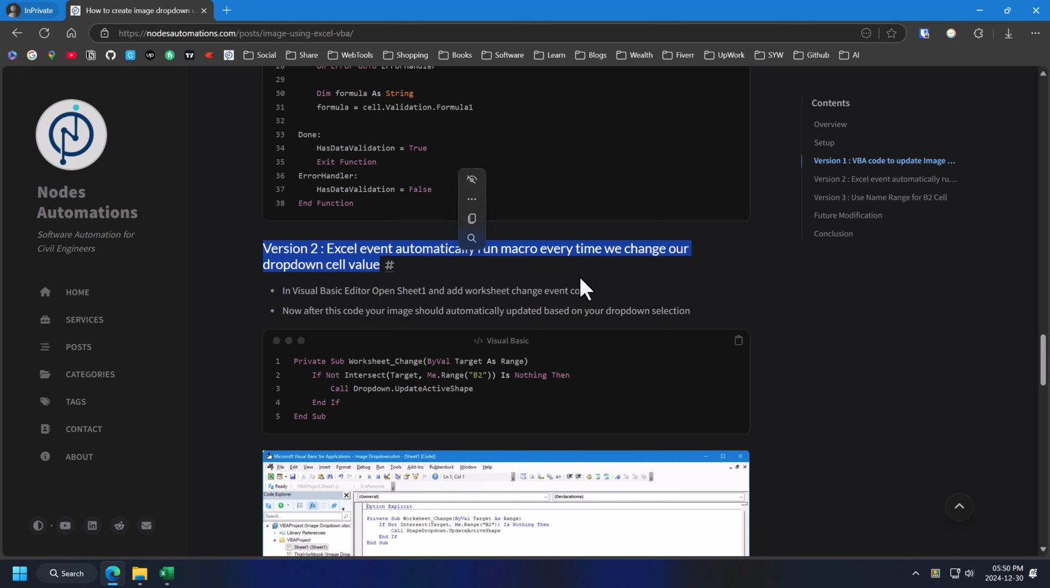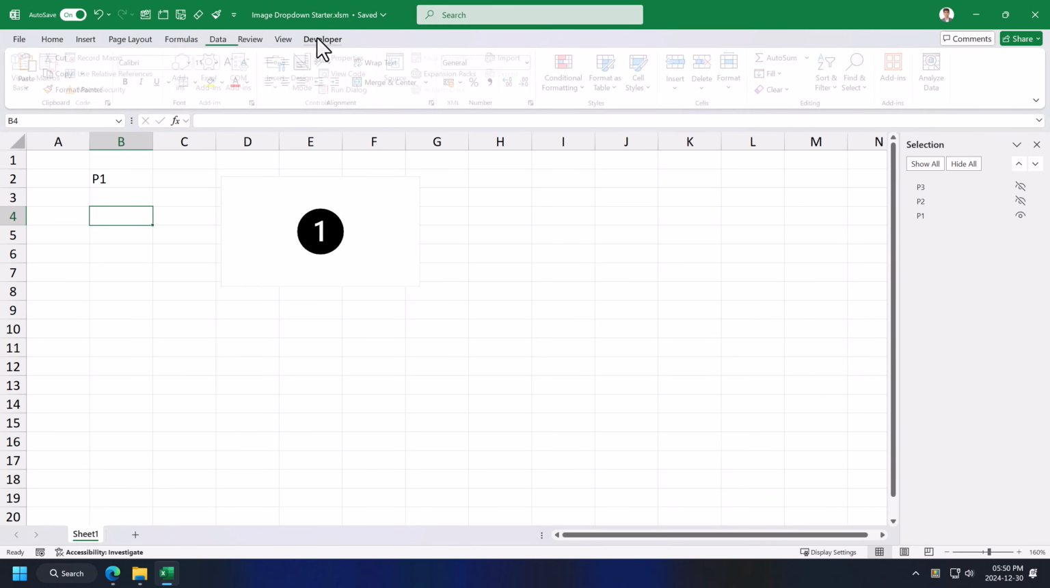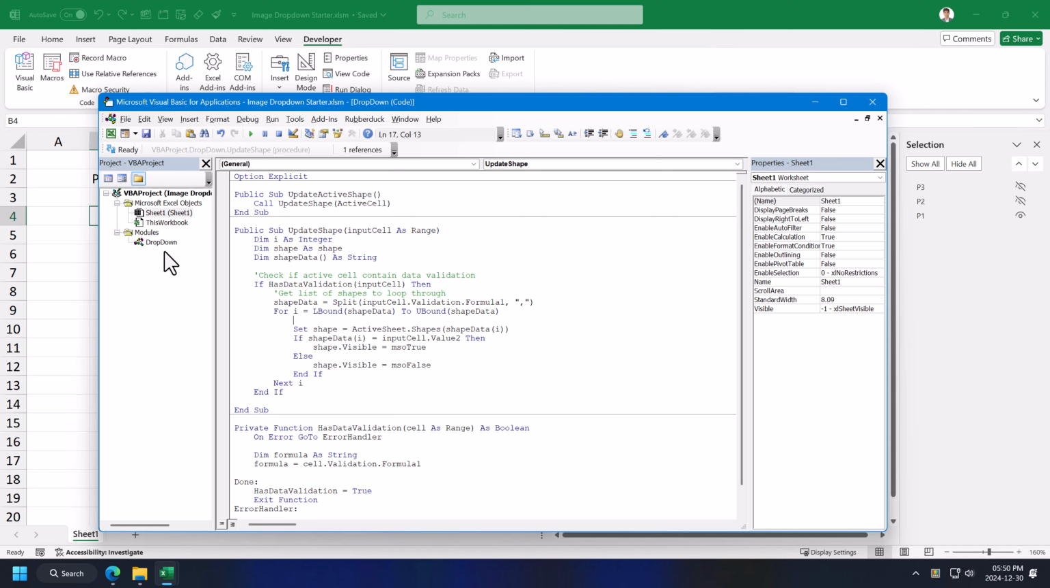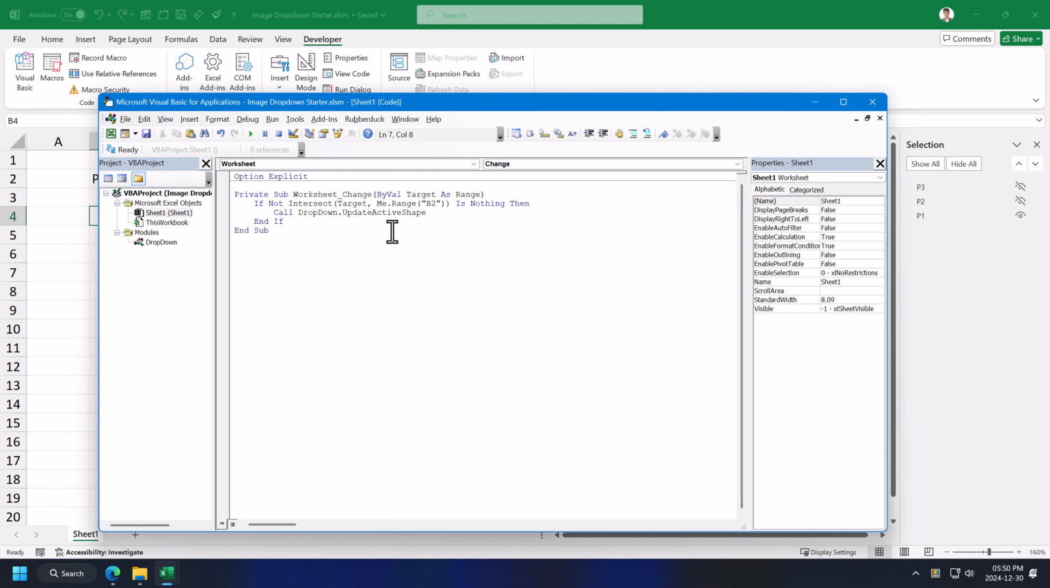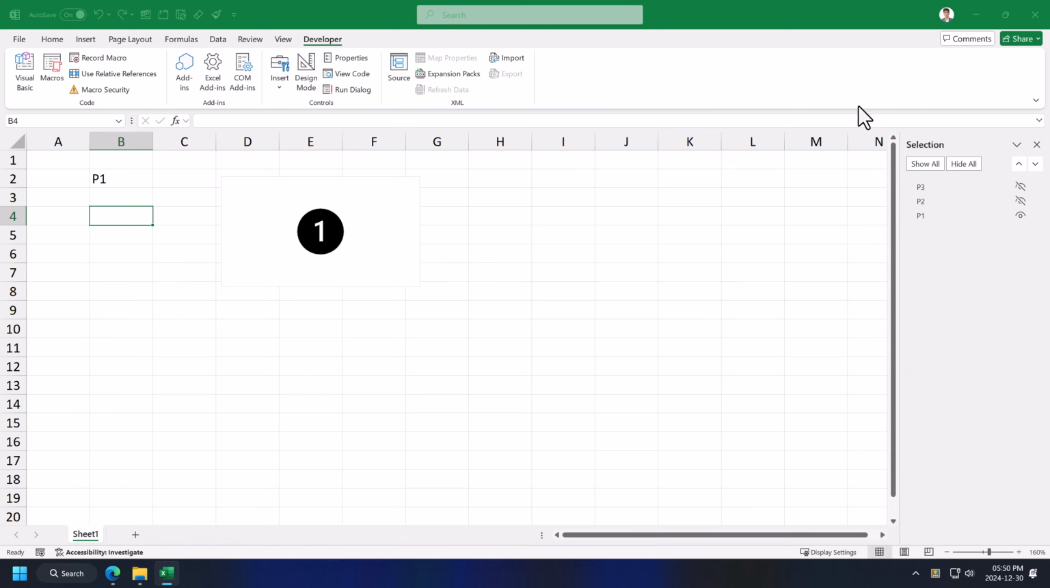For this, we have to add VBA code to our sheet. Going back to our blog post and copy the VBA code from version 2. We need to add this to sheet 1 since it contains our dropdown. If you have multiple sheets, then you have to add this to all sheets which contain dropdowns. So this macro will run automatically every time we change any value on sheet 1. Now coming back to our Excel sheet to check if it's working,